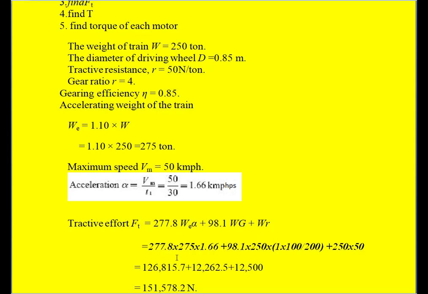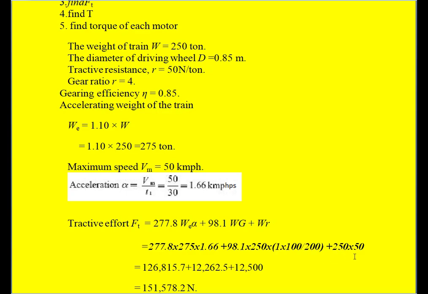So 277.8 into W, which is 275 tons, into alpha, which is 1.66, plus 98.1 into the stationary weight, which is 250 tons, into the gradient, that is 1 into 100 divided by 200. So we get the percentage as 0.5%. So plus